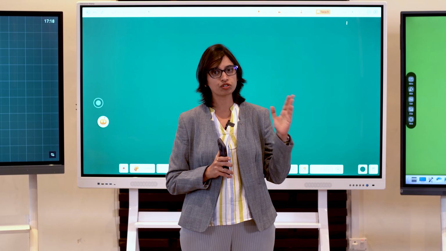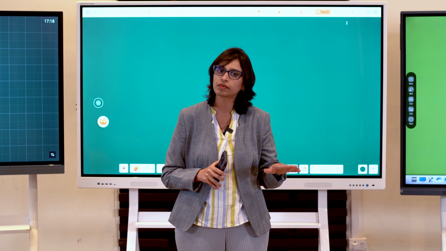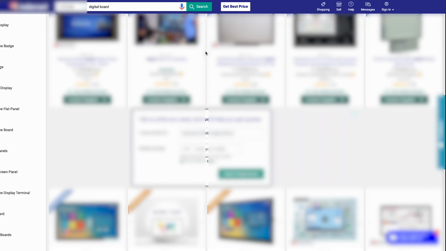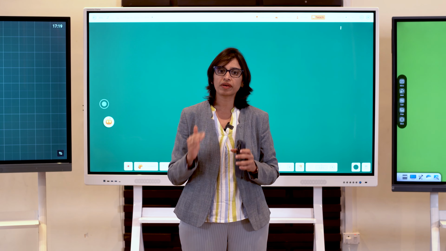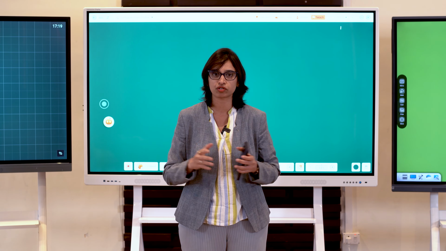However, when it comes to the interactive displays or the digital boards, the information available is actually very minimal. You will either hear it from the brand or from the partners who are selling those brands. They would obviously talk about what they have, right? This often makes you believe that the basic features, what most of them have, is the whole spectrum.